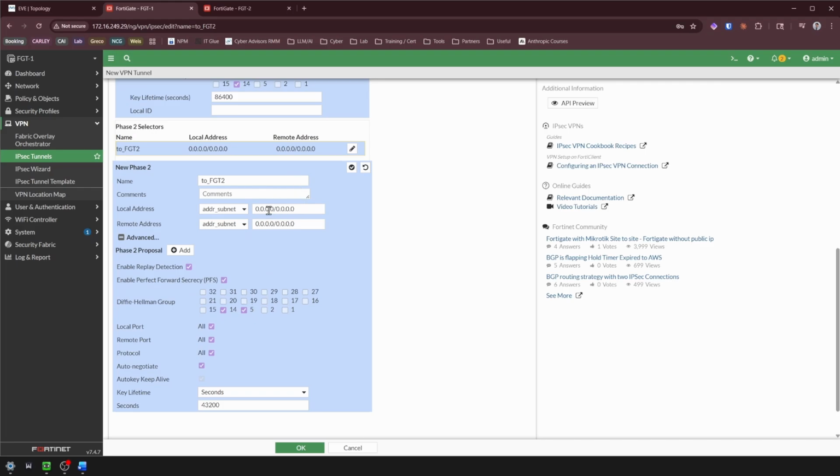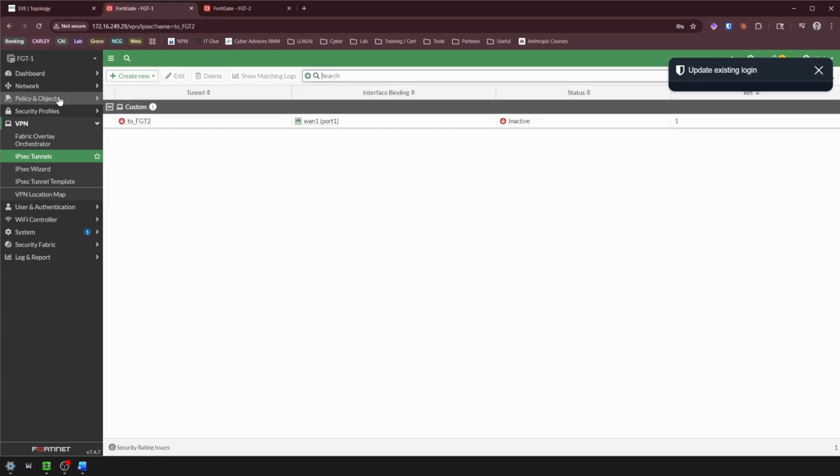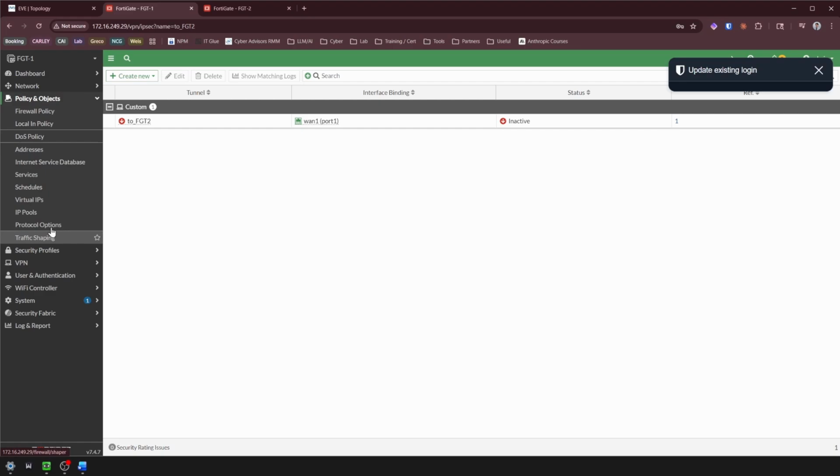So for our phase 2 selector, we're going to select for our local address our local virtual subnet, which will be 110.110.1.0/24, and our remote address will be 220.220.1.0/24. So we'll go ahead and create that. There's going to be a couple other things we want to do, but first we will go ahead and create